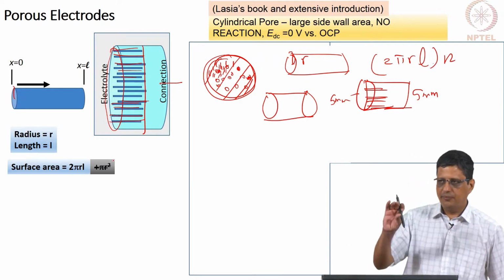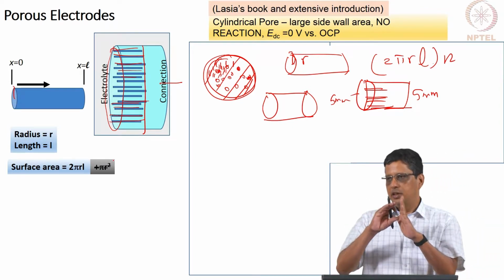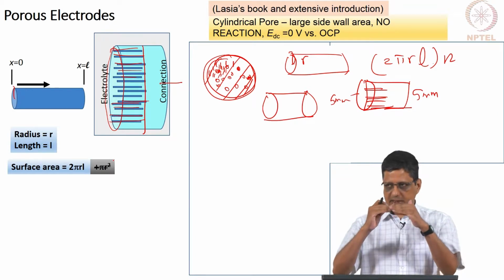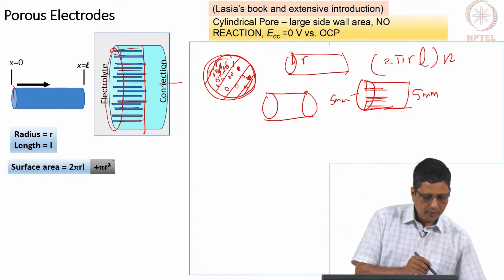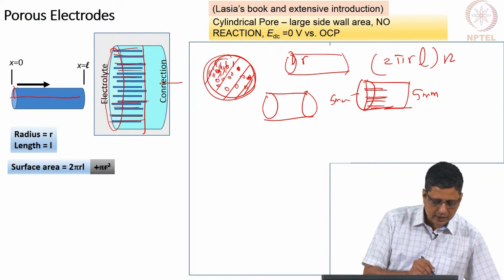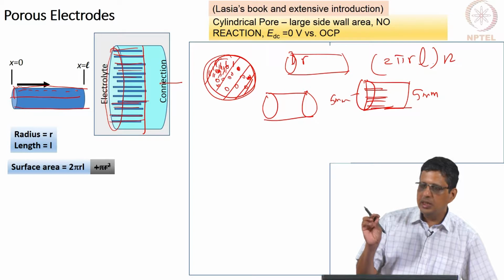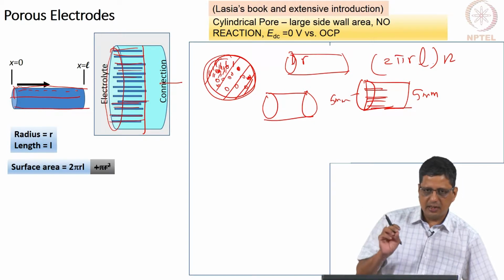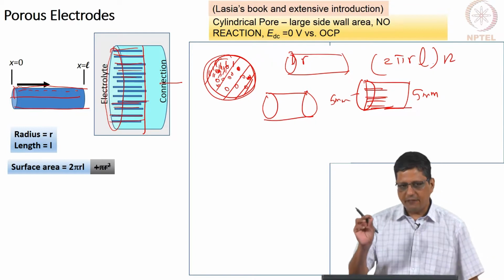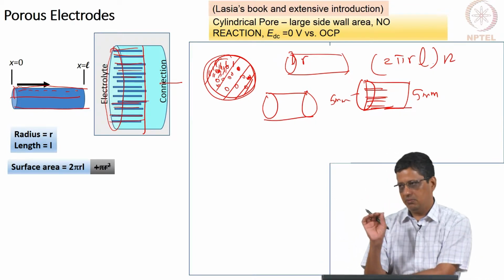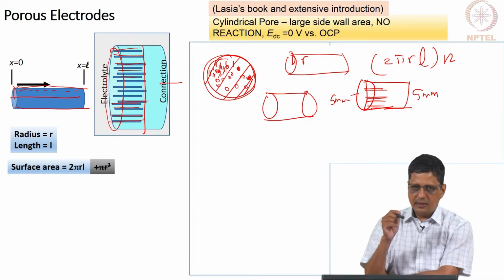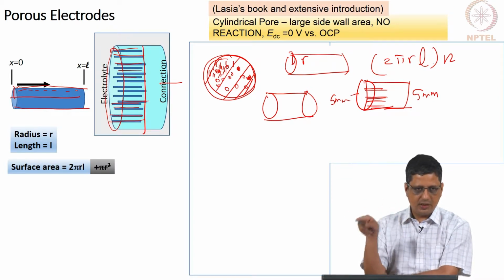If I take the electrode, if I take the pore, it has a double layer which can be represented by a capacitor. Now, this is the wall that is present. If there is no AC potential, you apply only DC potential, all that will happen is the double layer will get charged to some level because of the DC potential, and that is all. There will be a transient current for charging the double layer, but after that you will not have any DC current. Only when you apply an AC, the double layer will get charged and discharged.